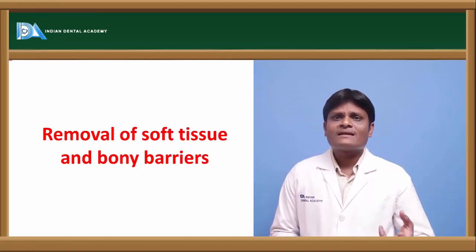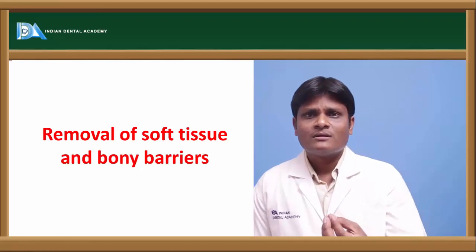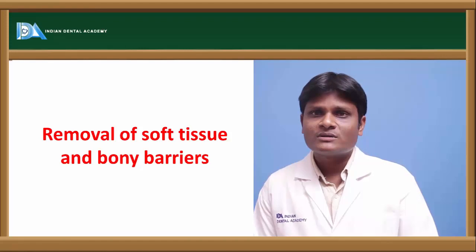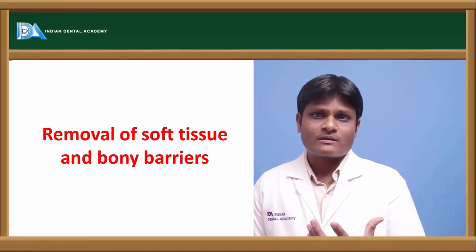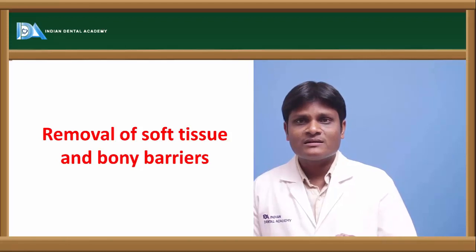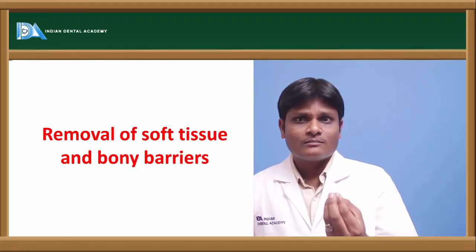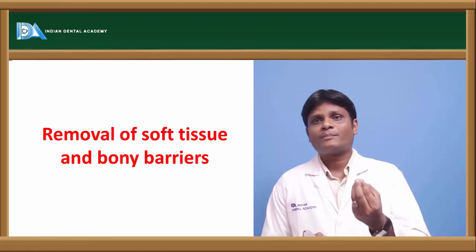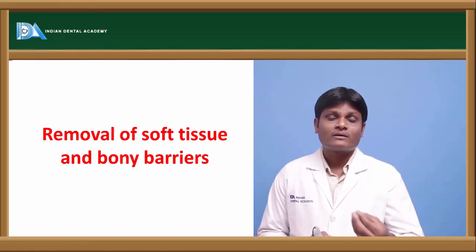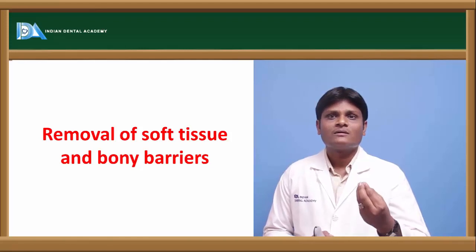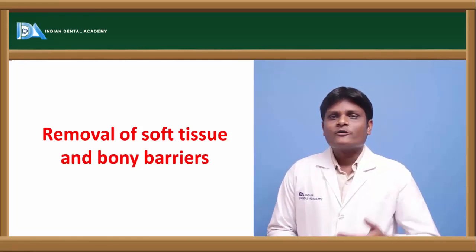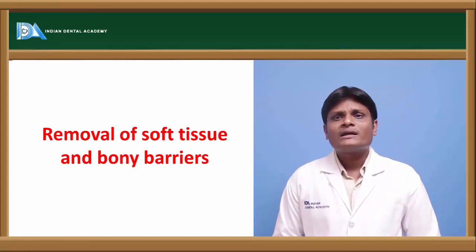Even sometimes we can see cysts and tumors or any kind of pathologies that are present around the permanent tooth that will prevent its eruption. So by removing the pathology or pathological structure that is present in the path of eruption of the permanent tooth, we can also eliminate, prevent or intercept the malocclusion from aggravating into a more complicated one. Okay, so these are the important